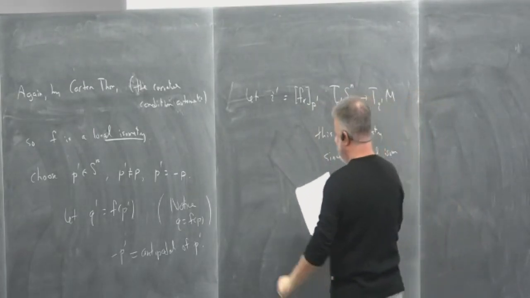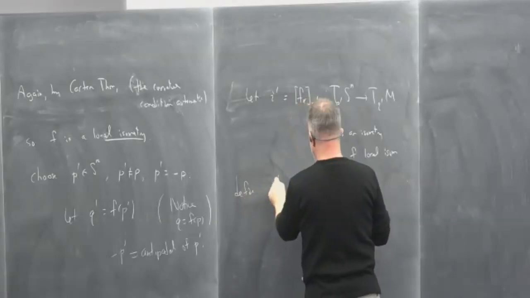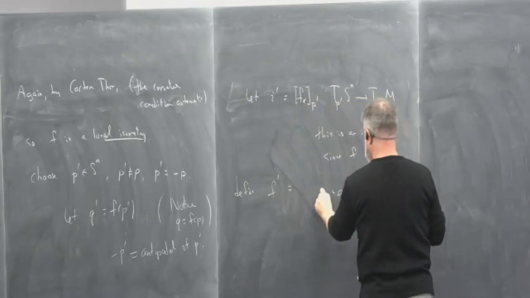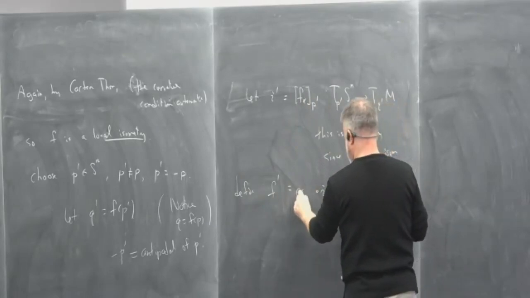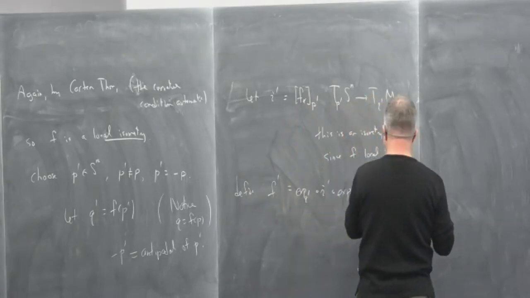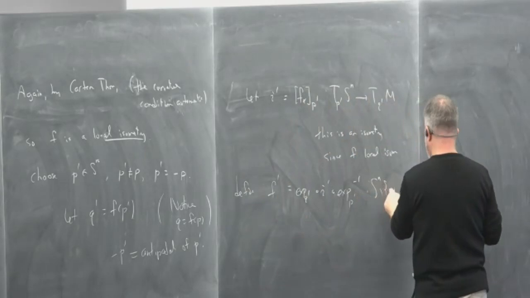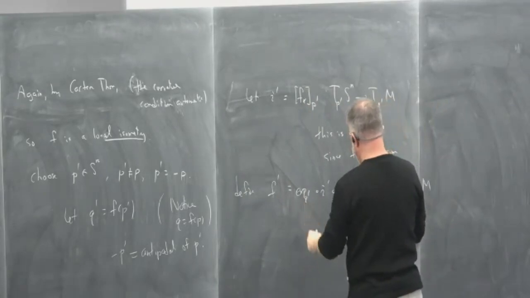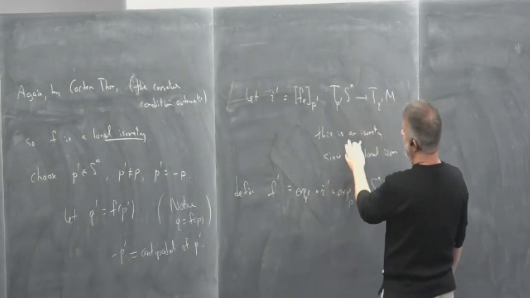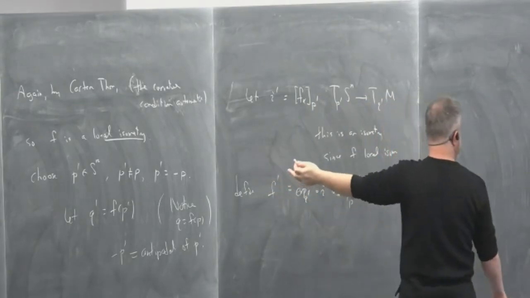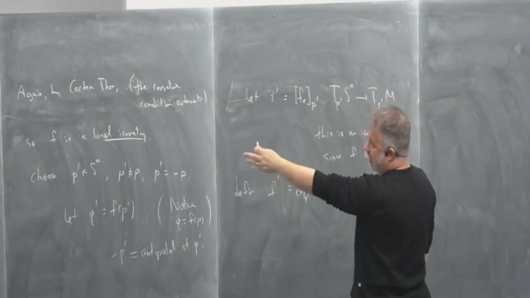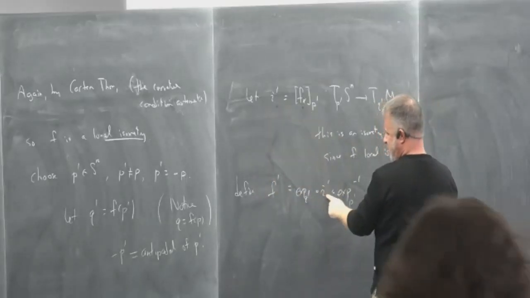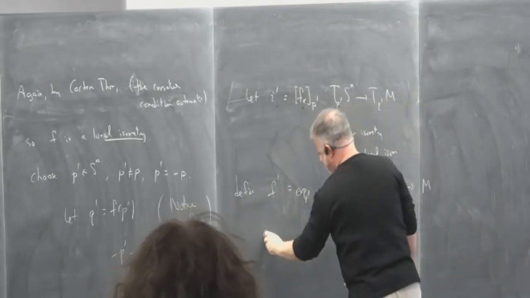Now let's define F prime to be exactly the same thing that we did before, but with the primes and iota prime, going from Sn minus the antipodal point of P prime into M. As before, initially I started with any linear isometry I to construct F, but now my I prime is the one given by the original F, and I'm using this I prime to construct F prime. So again, by Cartan,